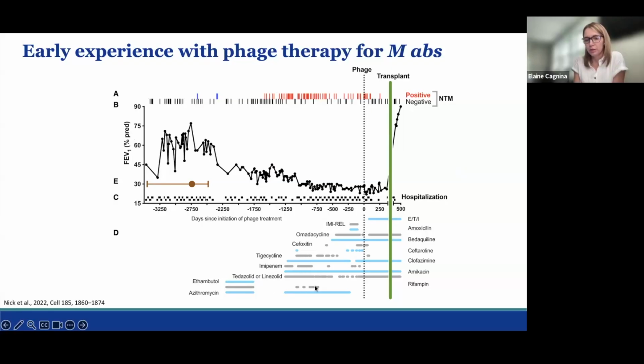So the blue and the gray bars here are all the drugs that they took, starting 5 or 6 years before the phage therapy on multiple drugs. Lung function continued to decline. They were given phages for 1 year, got a lung transplant, and did not have recurrence of their NTM infection, which is quite remarkable. So again, just a very promising treatment strategy for these infections with much less toxicity than